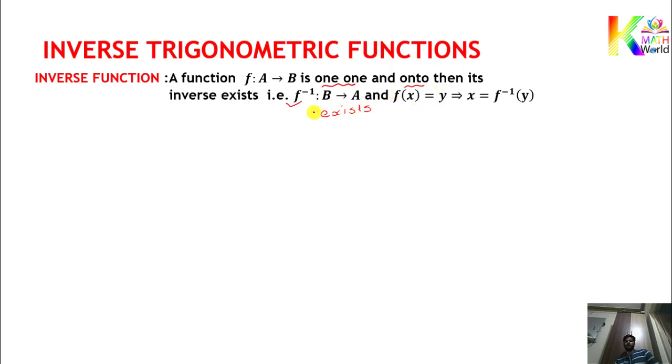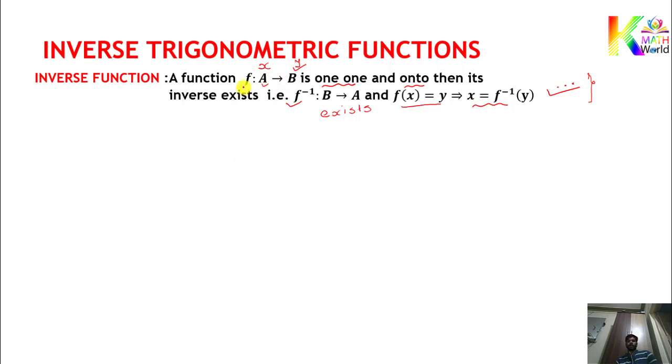Moreover, in the first lesson you will see this also. Whenever you have f(x) equals y, it means your x is from this domain. This is called the domain and this is called the codomain. So f(x) equals y means y must lie in this one. And whenever the inverse exists, then you can say x equals f inverse of y. This is the important thing that you will see in lesson number 1. Right now you should accept this result.